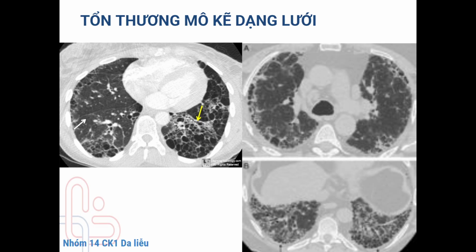This finding is a hallmark of the usual interstitial pneumonia pattern, strongly associated with IPF and often seen in rheumatoid arthritis-associated ILD. Another important pattern involves mosaic attenuation caused by air trapping or vascular